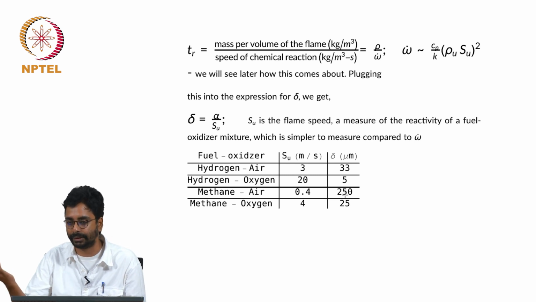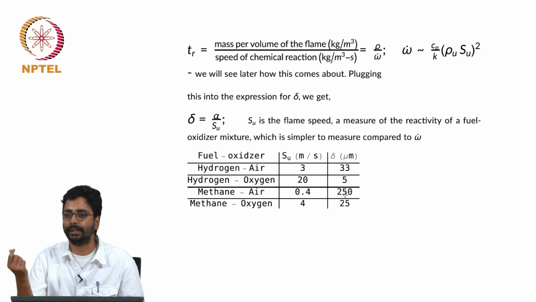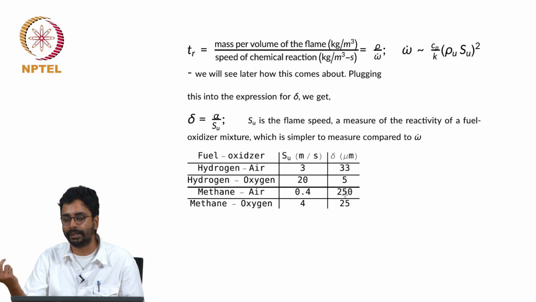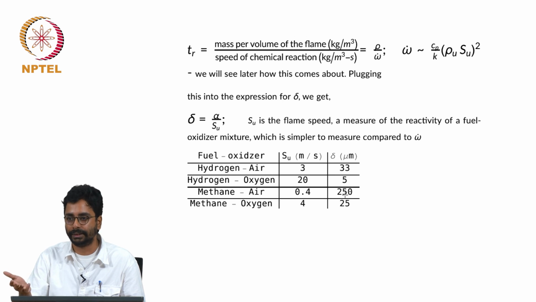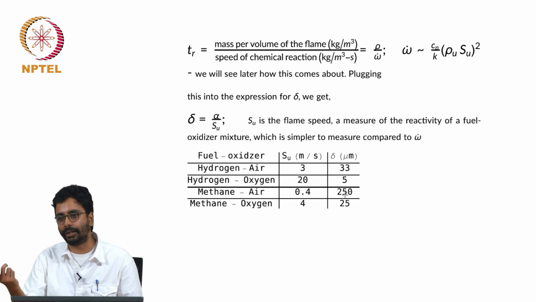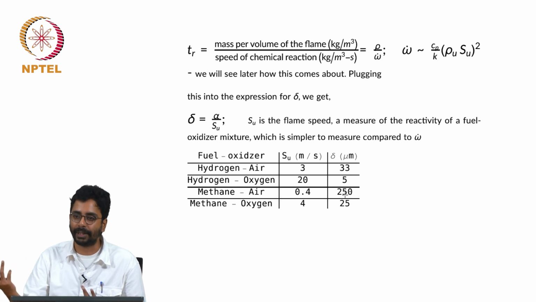It is 0.1 microns. So if I pick the volume around the flame, which is only 10 microns, let us say a cube of size 10 microns, I can reasonably assume that the gradients are significant over a length scale of 250 microns. So I can take a 10 micron cube, the gradients will be smaller and the 10 micron is sufficiently large for us to meaningfully define thermodynamic properties.